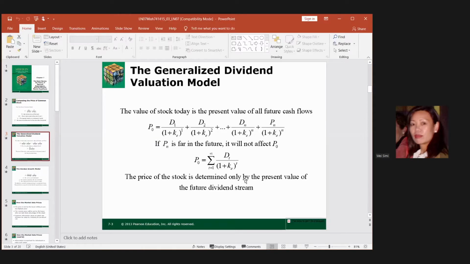Okay, answer my question. Tell me how to do it. I think you would just divide the dividend by your required return rate. I said that because I thought about Google, Facebook. Do they pay dividends? No, they don't. Exactly. It's not your fault.